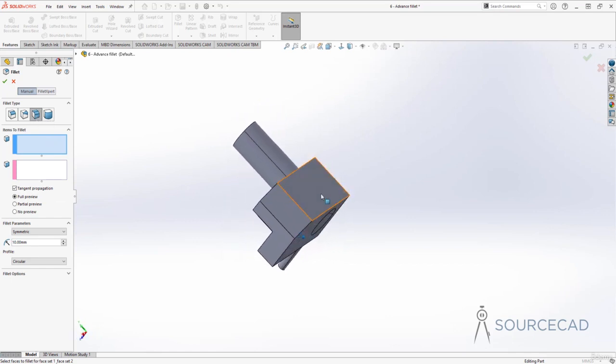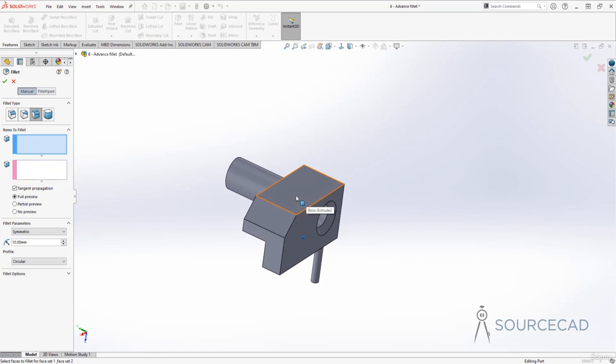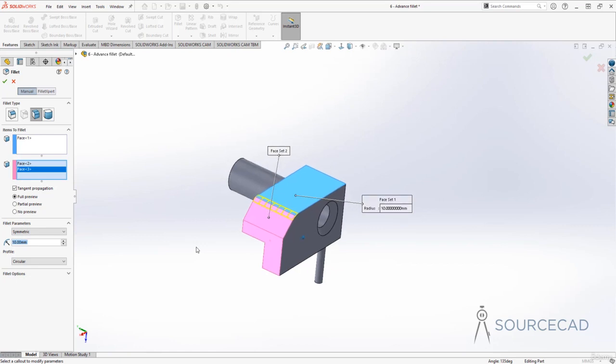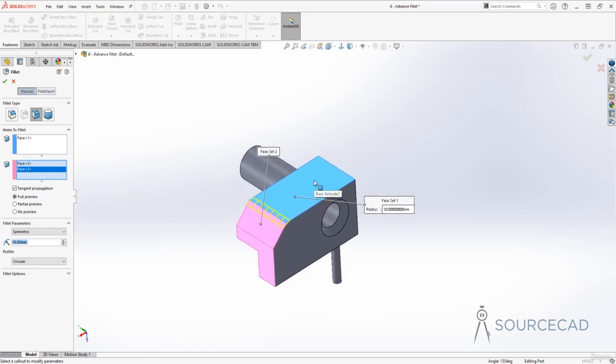Now, this will be one of the best places to start with the face fillet. So I'll just select this face, and for face 2 I'll select these two smaller faces. Okay, so we have got these two faces selected, actually 3 faces selected here. Now let's start filleting it. So currently it looks like a very simple fillet. As you can see, a fillet of radius 10 mm, but when you start increasing the radii, at some point